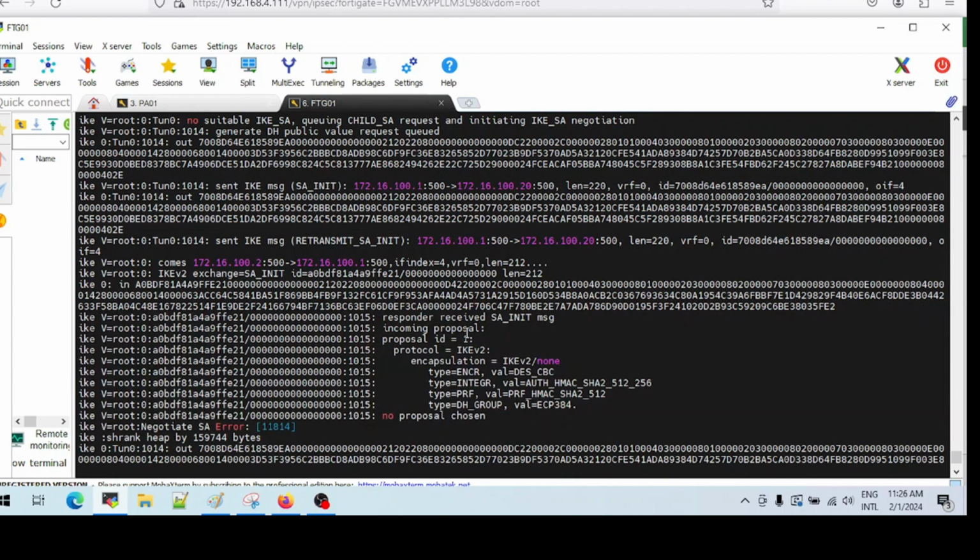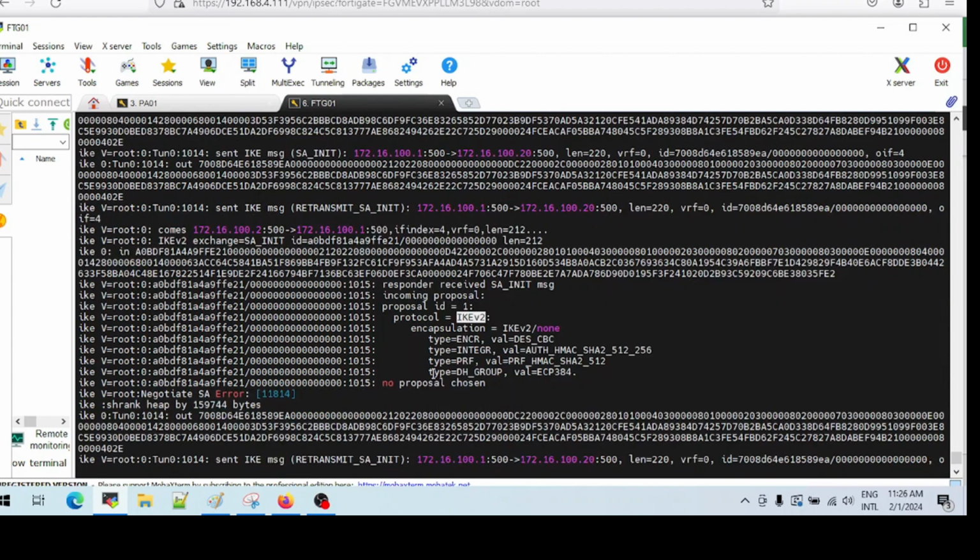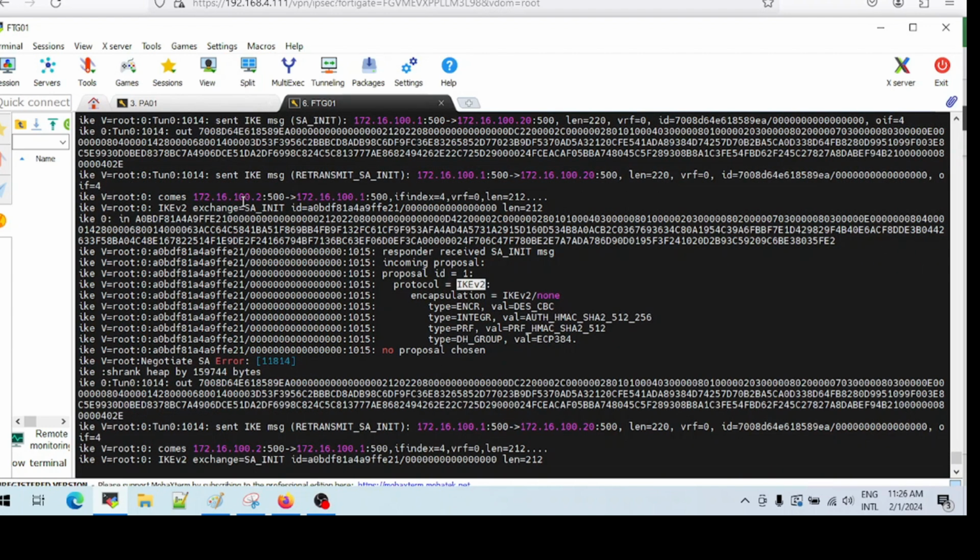We can see that it's an incoming proposal. We can see it's got a proposal ID, it's got IKE version 2, it specifies all the phase 1 parameters, but we are not talking to 100.2. Instead, we are talking to 100.20. Now, this is a mismatch.